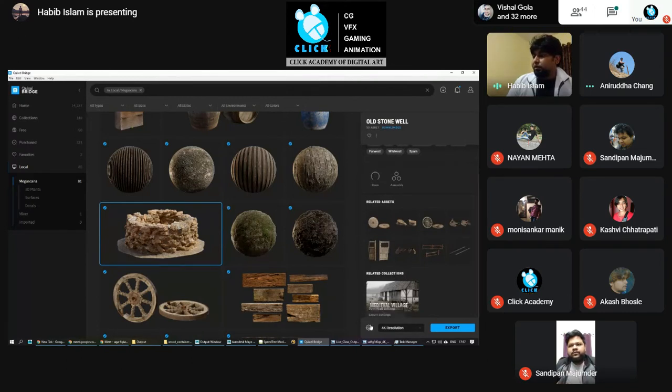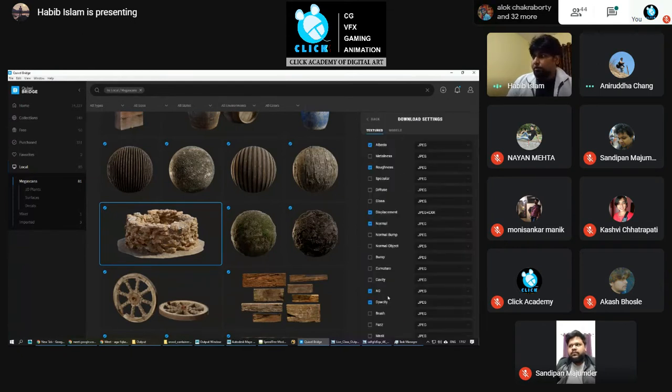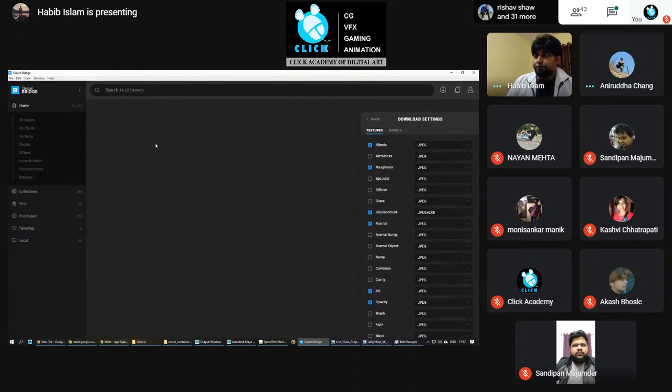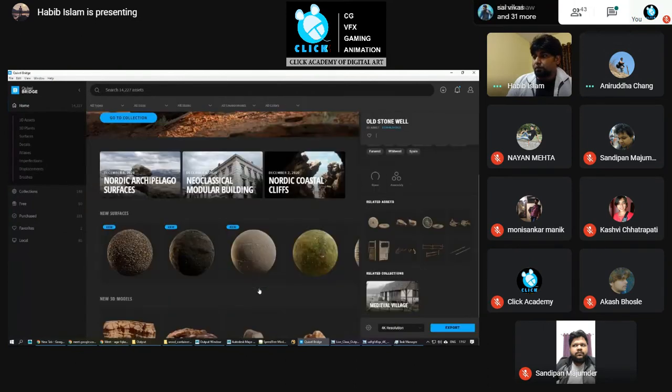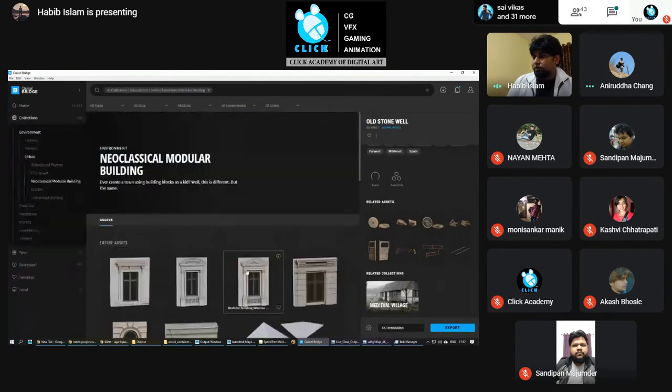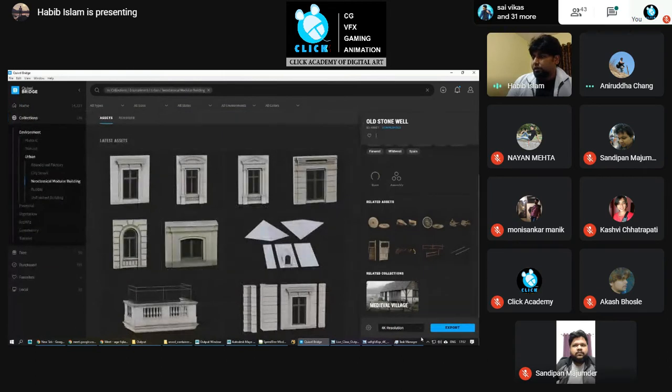Whenever downloading or importing or exporting from any software to your preferable software, you can choose which size of the textures you want to use. So if you go to download settings, if you select any asset, you can choose the resolution.